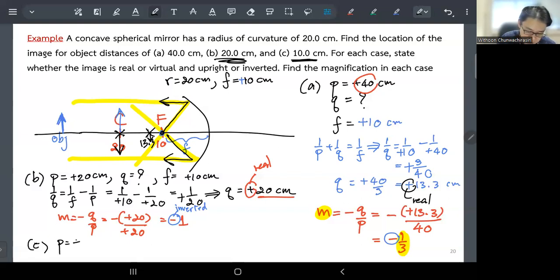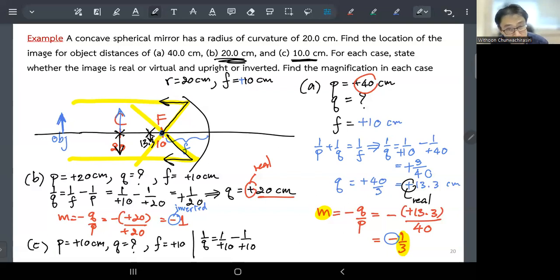P is now positive 10. Q, you want to know. Focal point is positive 10. And now from the mirror equation, 1 over Q equals 1 over F minus 1 over P. See, it's 1 over 10 minus 1 over 10. You get 0. So that means your Q is infinite, which is, all right, we expect that when you place